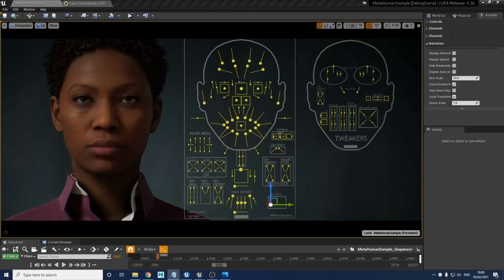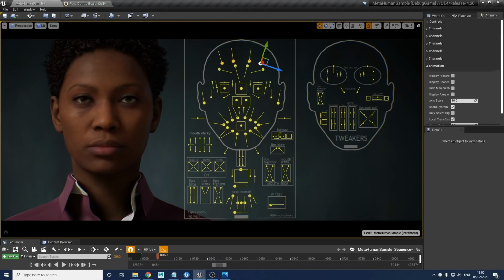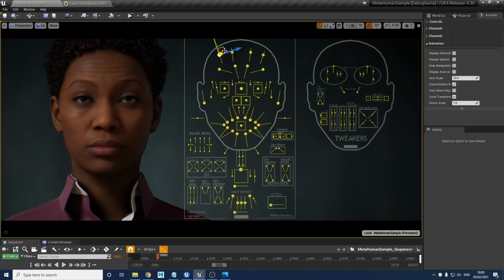I'm going to move on to the brows. Up the face at the very top, we have the brow control. At the very top, we've got the brow raisers. This is going to lift the eyebrows up in 4 controls. So you've got the outer brow, the inner brow, outer brow. If you want an eyebrow that's going to say "what", you can just raise one. Or if you need to be very worried, you can raise these and bring the outers down. It gives you a worried look.